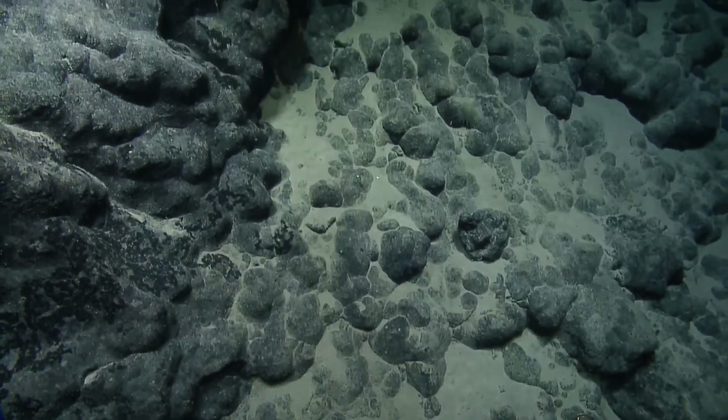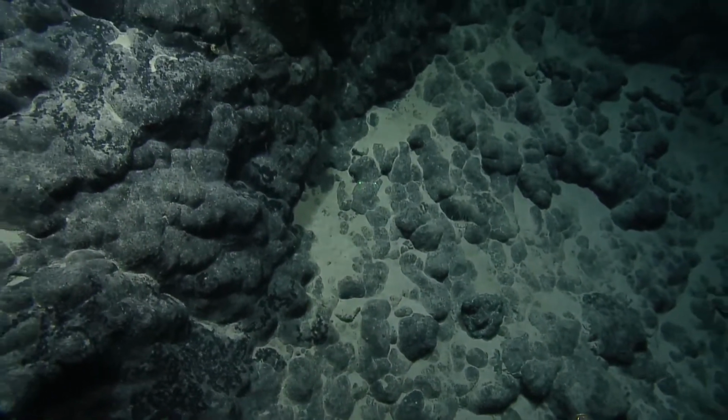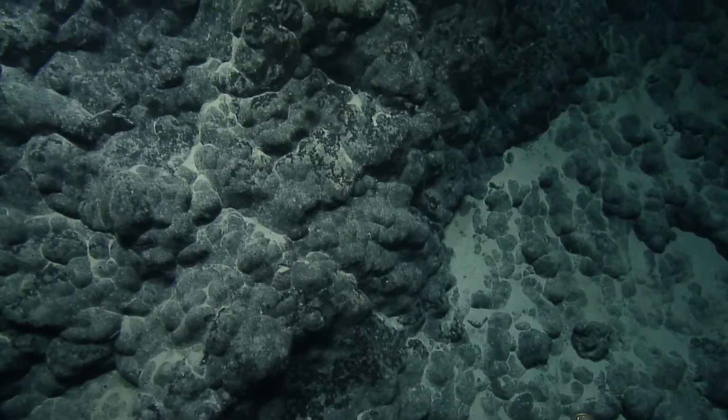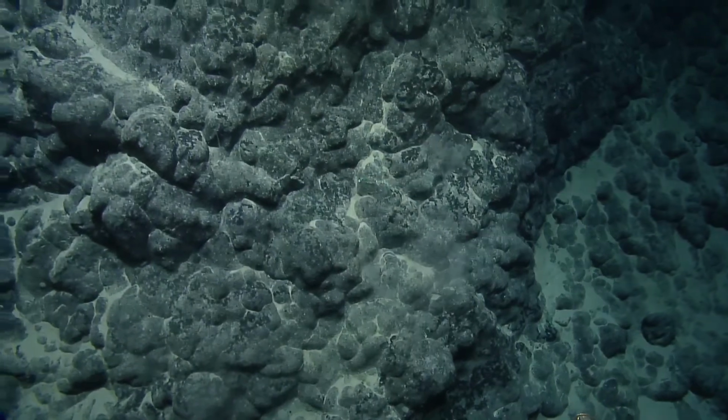So, westbound and down. By the way, the previous watch saw a sea cucumber that's quite unique. Did they slurp it? No, they didn't slurp it, but boy, if we see one of those, it's going to be very cryptic because it's kind of